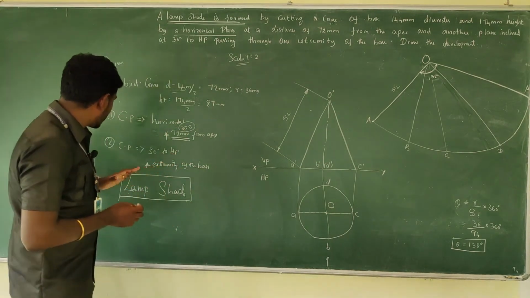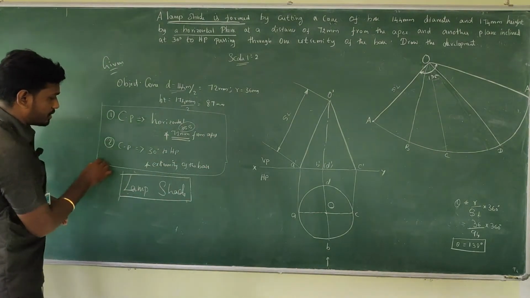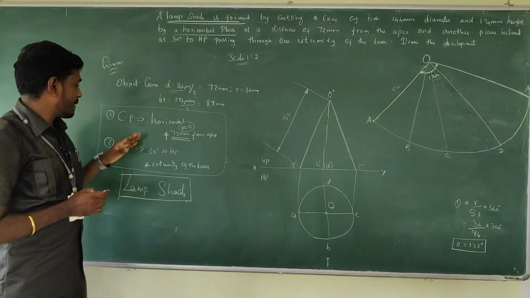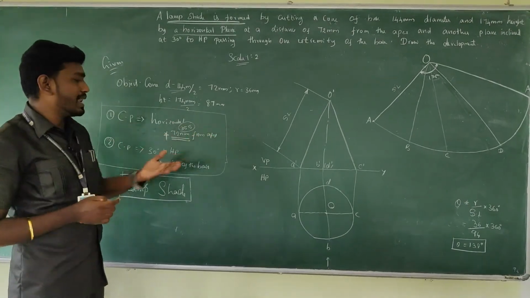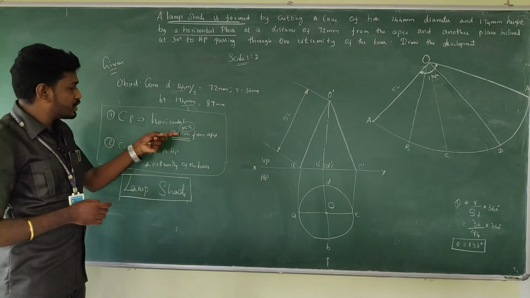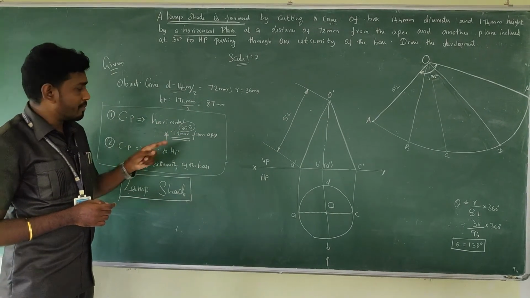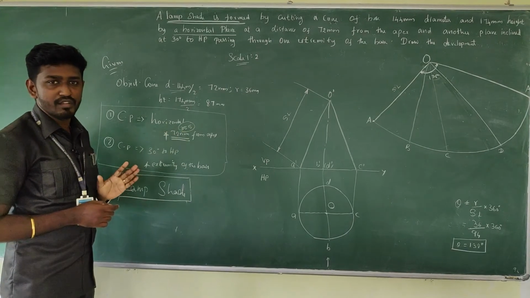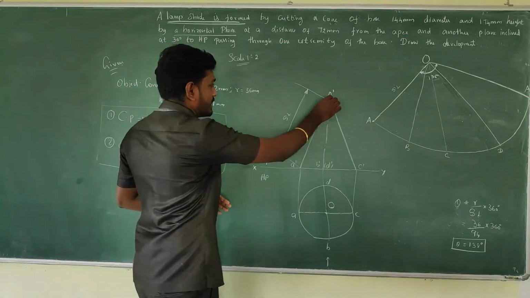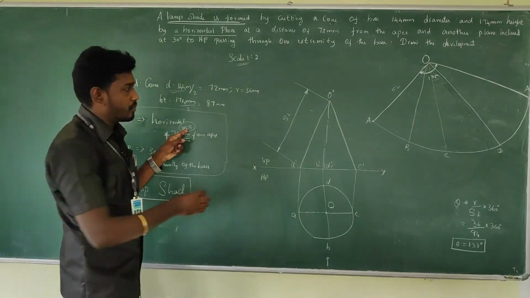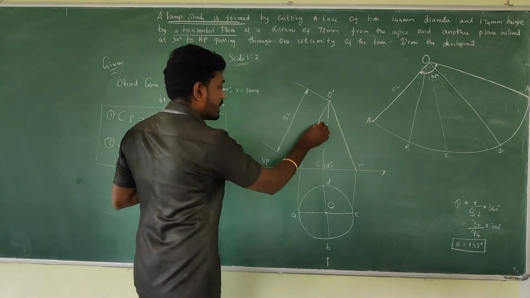Okay, next we shall initiate the cutting planes into the diagram. These are the details about the cutting plane. What about the first cutting plane? Cutting plane A is horizontal and it is cutting the axis 72 mm from the apex. Am I right? 72 mm. Scale value is 35.5. So from the apex you need to measure 35.5 and just have a measurement.